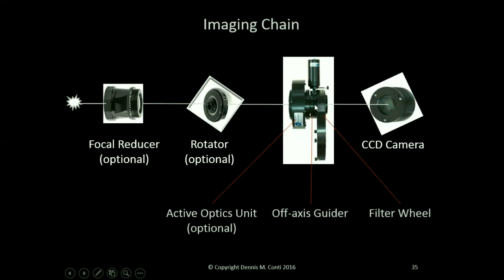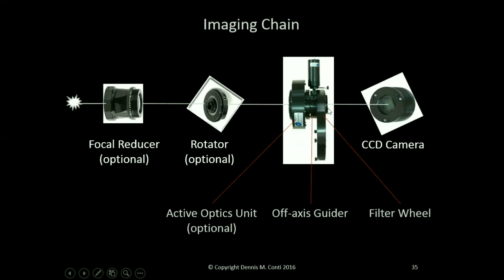off-axis guider, as we see here, which consists of a pick-off mirror that will pick off light coming through the imaging chain, will go to a separate auto guide camera, feed into software on a computer that will then feed back to the mount to change the rate of right ascension, maybe Dec direction, to keep a guide star centered and therefore to keep the target centered. So an off-axis guider, I would say, is definitely preferable to, let's say, using a guide scope with a